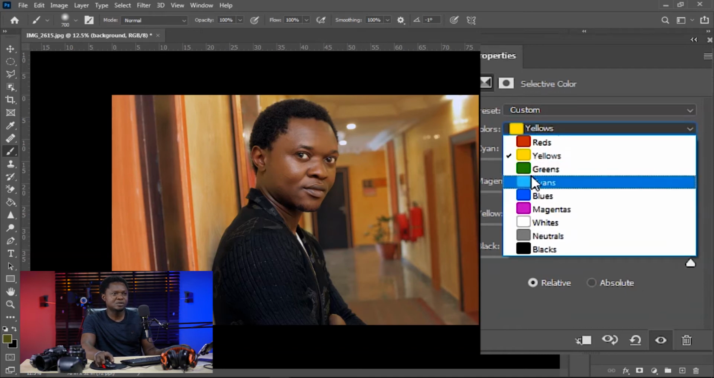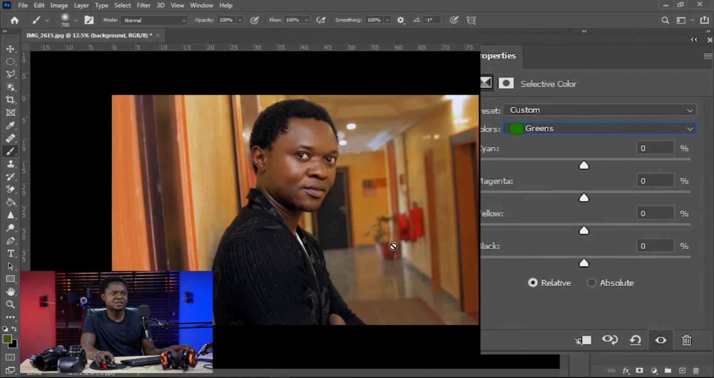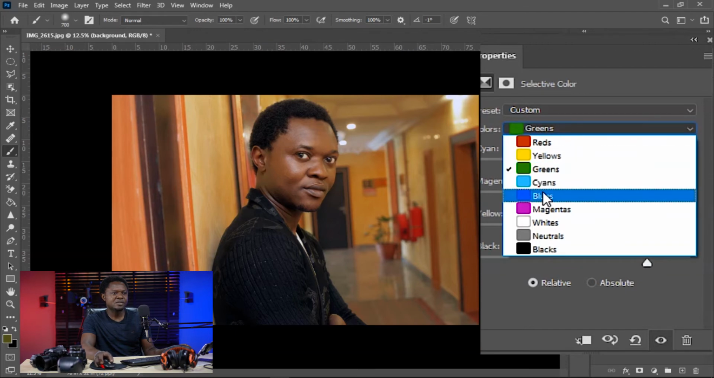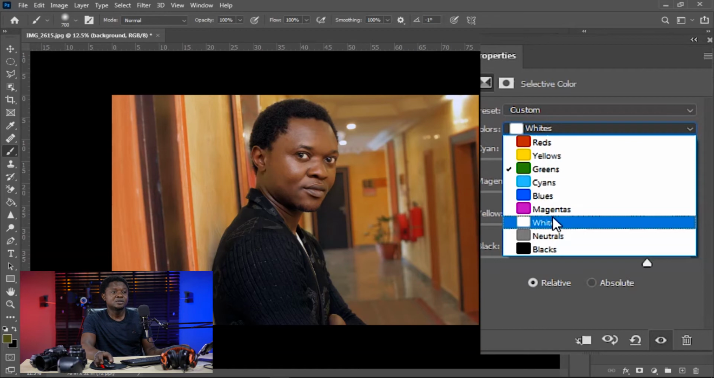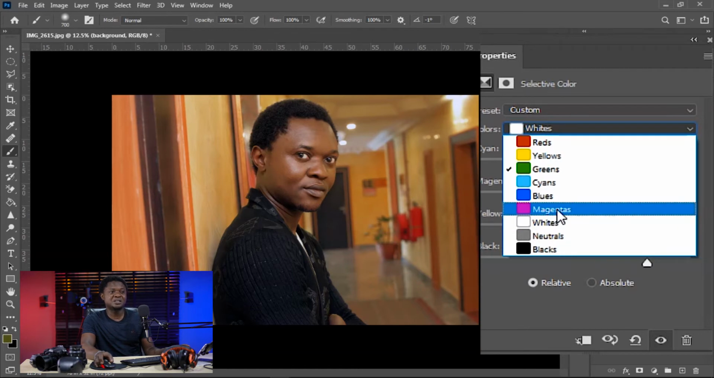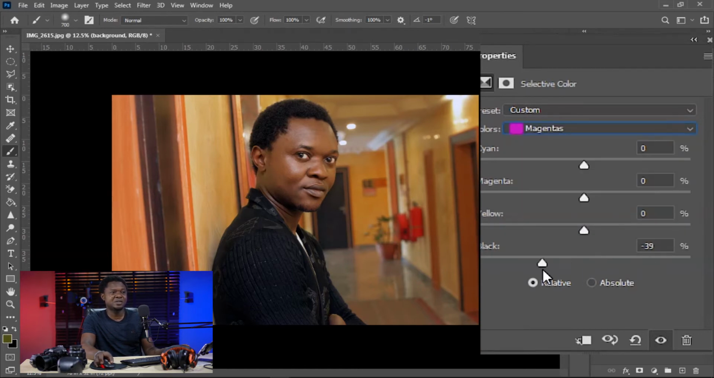Then let's go to green. I see there is a little green here, but I think it's not going to make any difference. Let's just leave the green. Then cyan, there's no cyan there. Then there's no blue. What about magenta? I don't think there is any magenta, because if you want to see if you have magenta on your image, with magenta selected, just pull the black up or down. You can see there's no change on the image. That means we have no